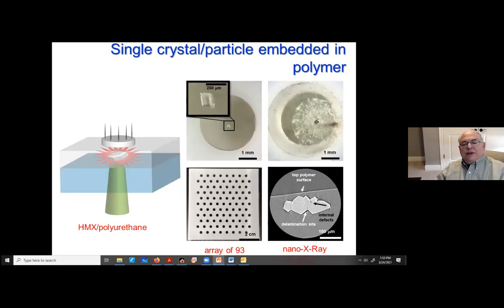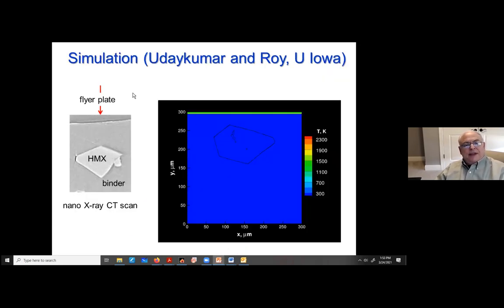So what we do is we take this image and we send it to our collaborator, Uday at the University of Iowa, and they simulate it. So what they did here is they took one of our crystals and they simulated it without any holes in it, and then they simulated this one, which has a channel, a void, like an elliptical, I don't know, a long canyon. That's a little canyon. And there's a little hole.